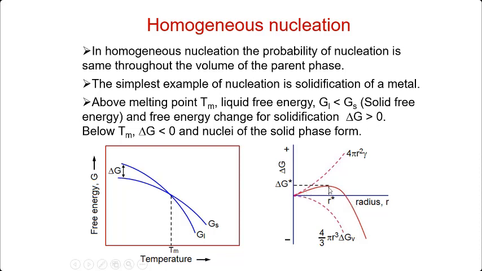Okay, so the maximum that you see over here is the size that the particle has to reach for it to be called a nucleus, which can grow into the solid, right? If it is below this critical size R star, then it will be an embryo, and for it to grow as a nucleus and develop into the solid, it has to reach this critical size, then only it will be called a nucleus. Okay. So if you now take up these contributions,